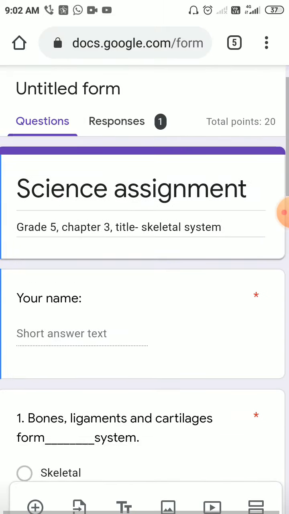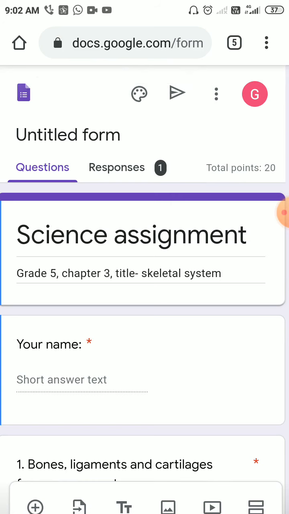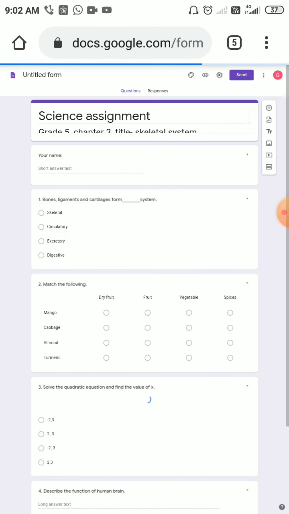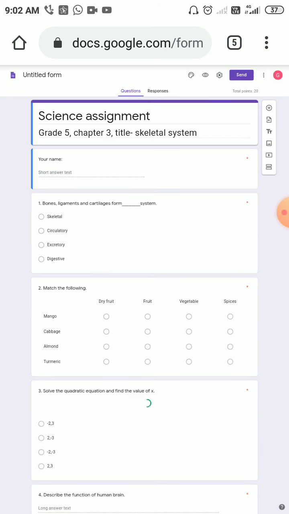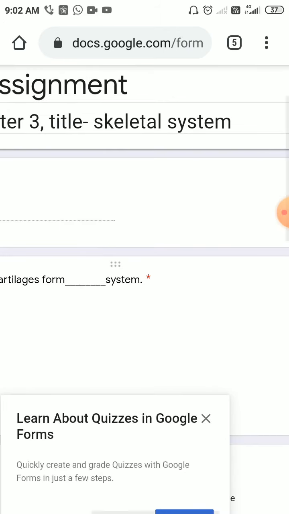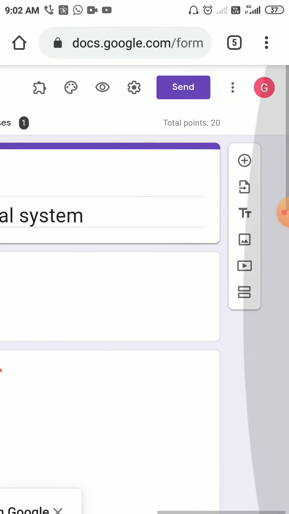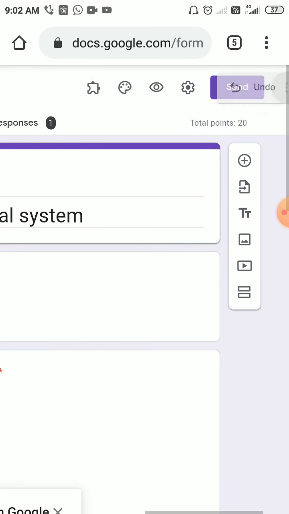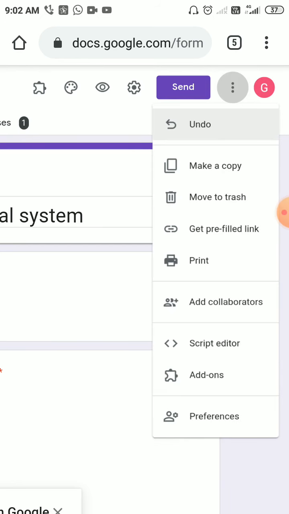Again you need to go to the three dots here at the top, click, and again make it desktop site. So it will give you the preview of this form like this. Make it a little larger. If you see, beside the send button there are three dots again. If you click these three dots, you will see a list of some options. There is an option add-ons. So just go to the add-ons button.